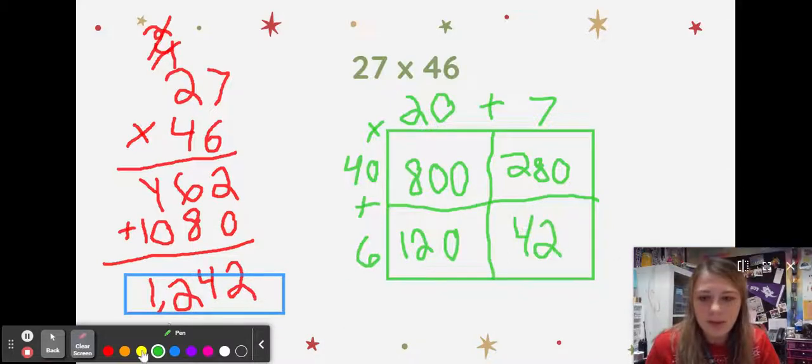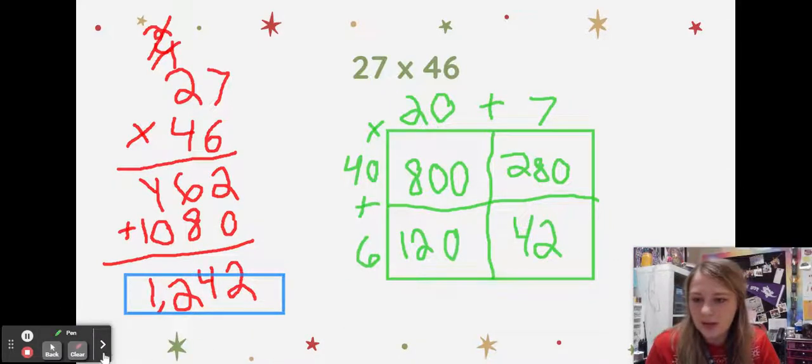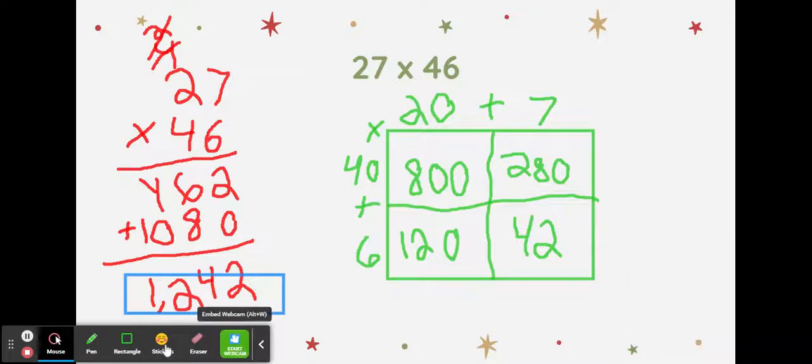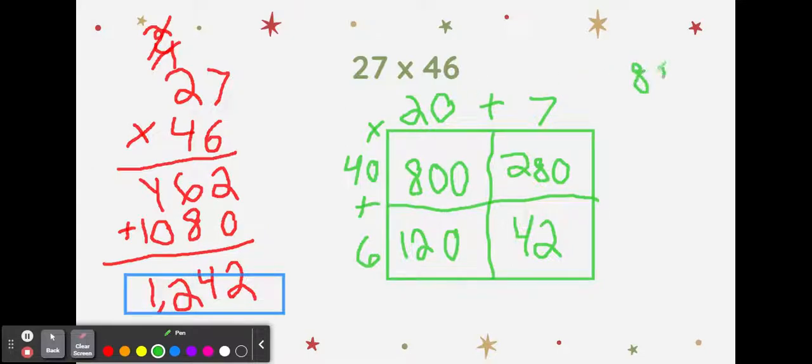So now I'm going to turn my camera off for a hot second, if I can figure out how to, so that I have enough space. We need to add together our partial products yet again. This time we have 4 of them because remember, with the area model, we break down our algorithm one step further. So we're going to start with 800